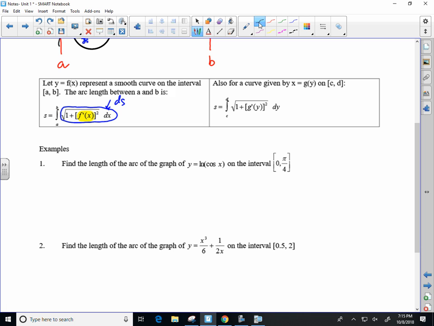So I have f of x equal to the natural log of cosine of x. Normally I'd put whatever's in the natural log in absolute values, but it's on the interval of 0 to pi over 4. Cosine's positive in that interval anyway, so it's immaterial. So I need the derivative. We talked about this way back when, but the derivative of a natural log function is 1 over whatever's contained within the natural log multiplied by the derivative